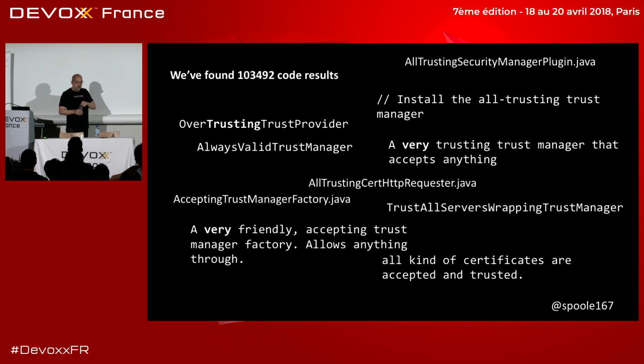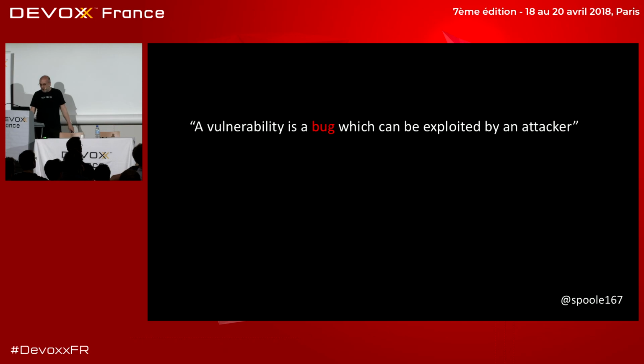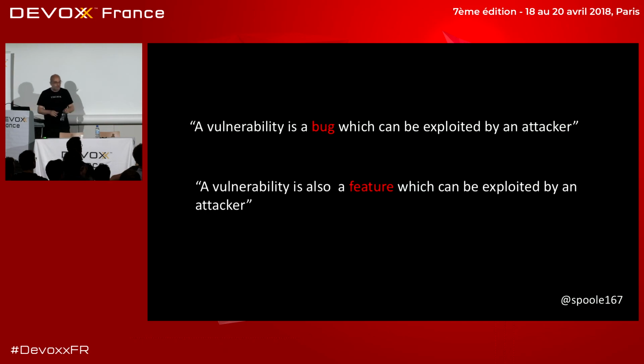Because the guys who wrote the code of the stuff that you're using didn't know better and said, oh, it's just a problem. Well, let's have our own trust manager that trusts everything, because it won't be a problem. And they put it in, and it's got a feature. So to my list, I'm going to add bug, feature. Think about that. Things that we created for our own benefit or for our product benefit gets exploited.